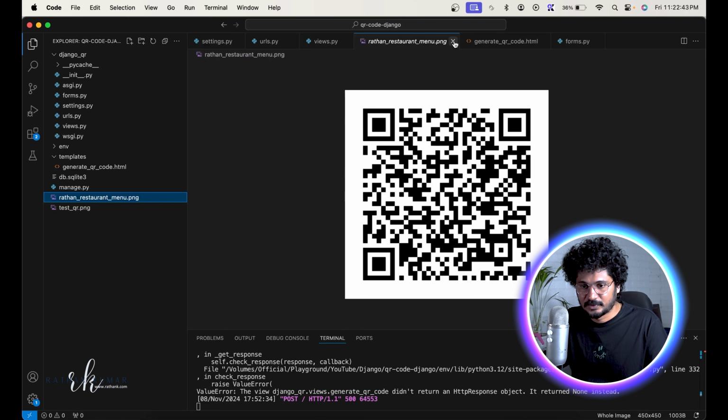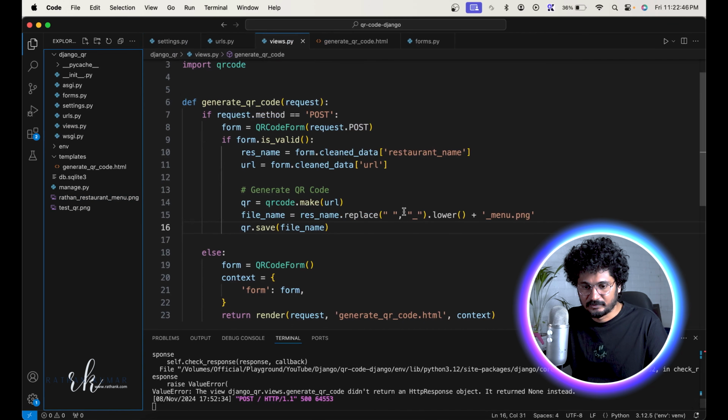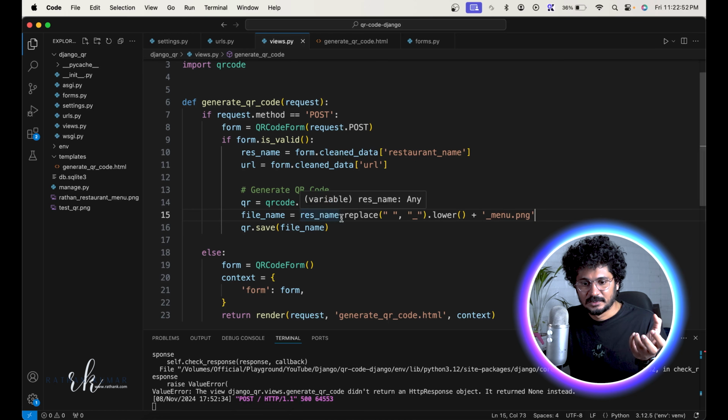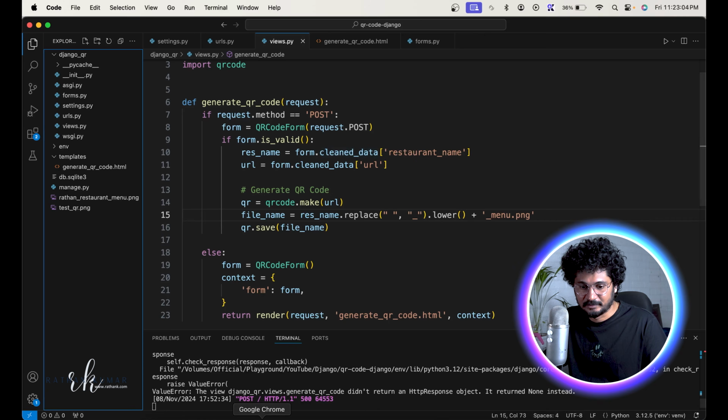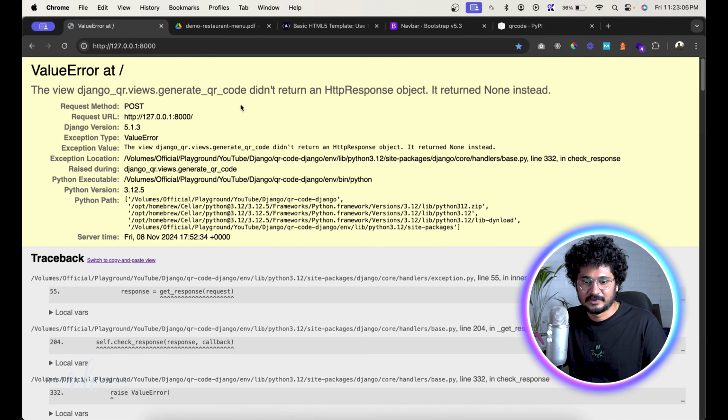Okay, so I got this file created, and one more very important thing is, once the QR code is generated, we want to show the download button, right? So that's also very important, because we are seeing this QR code in the backend, right? We are a developer, we are actually seeing it in the backend, but on the front end, what is happening? We are getting the error, right? We have to handle all these technical things, and it should be easy for people who are non-technical to easily download the QR code. Okay, so that's why we want something like the QR code is generated or something,